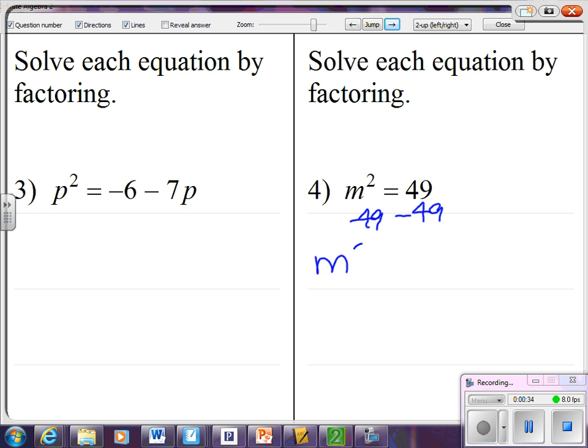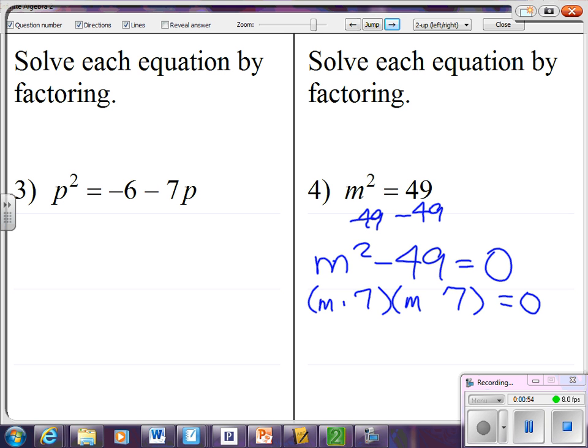So I get m squared minus 49 equals 0. What do you notice about m squared and 49? They're perfect squares, right? Square roots, but that's okay. So what times what will give me m squared? And what times what will give me 49? Positive and negative. So when you set each of those equal to 0, you'll get,